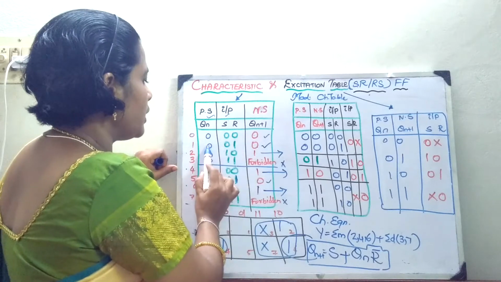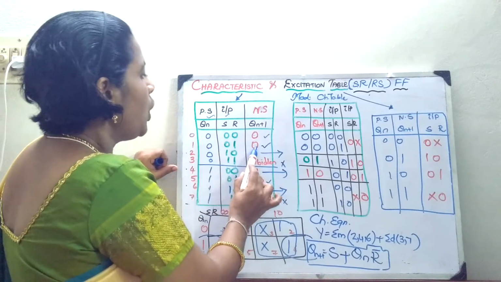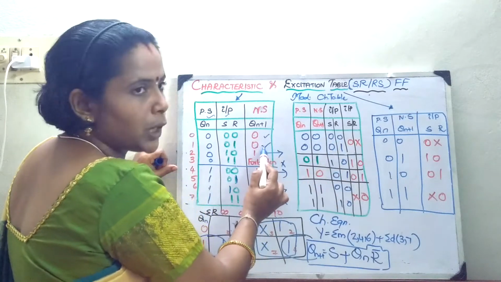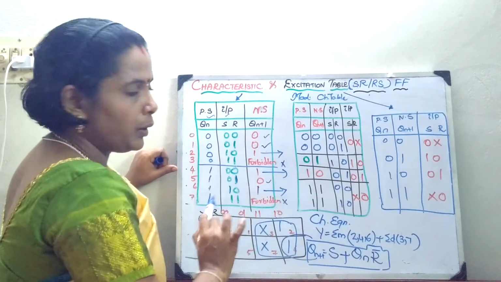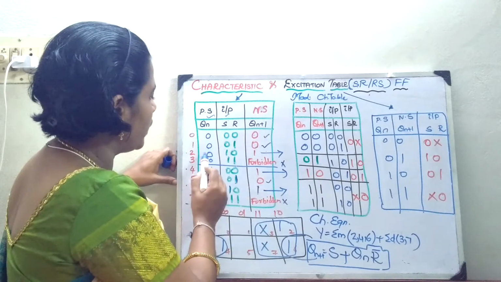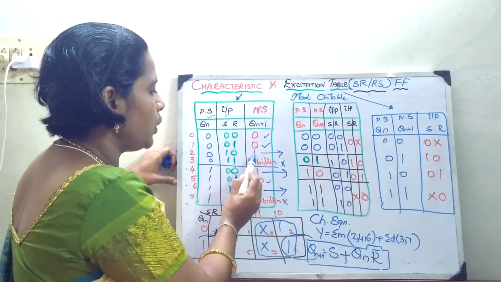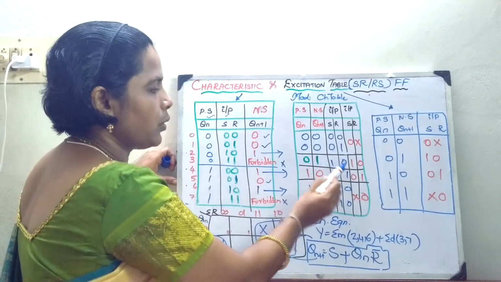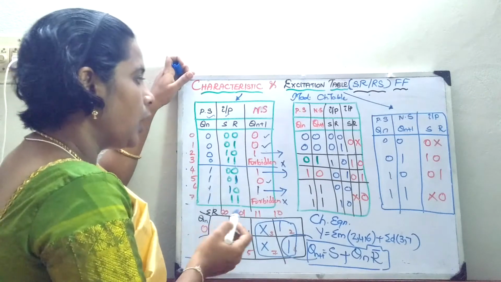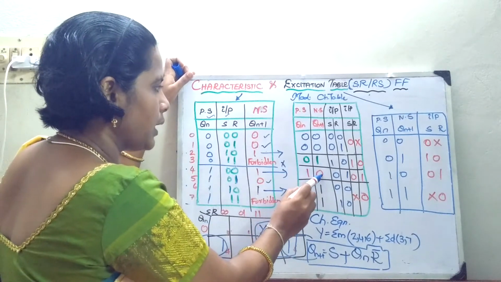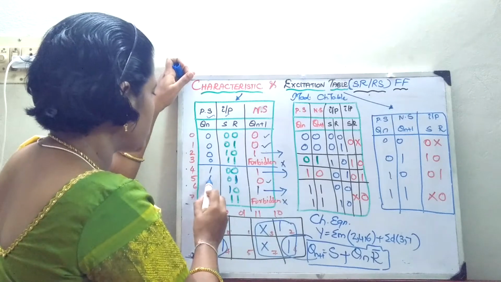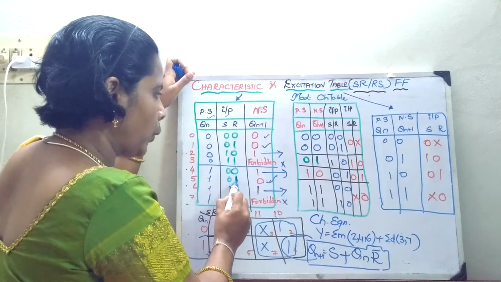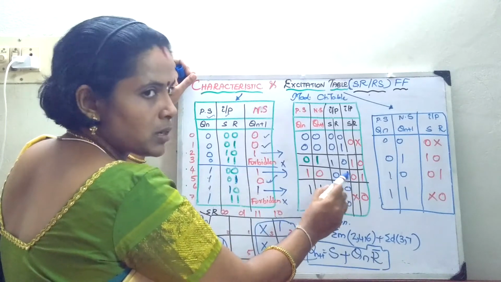So these 2 conditions I am taking. When both the present state and next state are 0, 0, my input is 0, 0 and 0, 1. So these 2 conditions are computed. Okay. Now you go for the 0, 1 condition. So this is the present state is 0, the next state is 1. Okay. So in this case my inputs are 1, 0. I have written. Next, you have to go for my present state as 1 and the next state as 0. So 1 and 0 here, my inputs are going to be 0 and 1. So here it is represented.